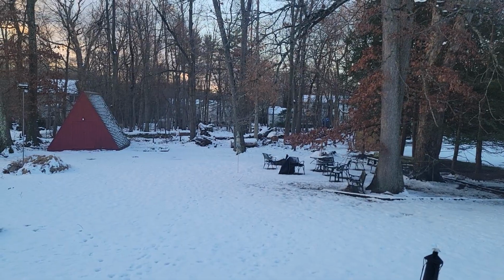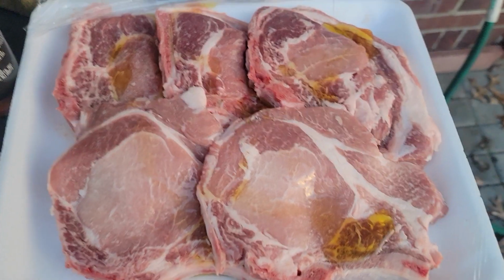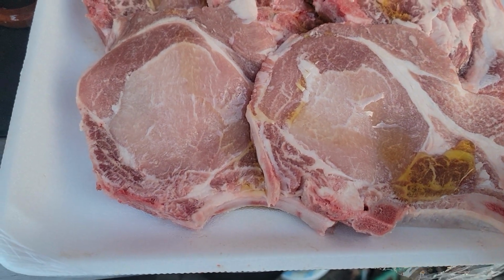So, anyway, what am I doing out here? Well, even though it's early morning, I'm making my dinner for later so I don't have to cook later. Now, I've drizzled on some olive oil,